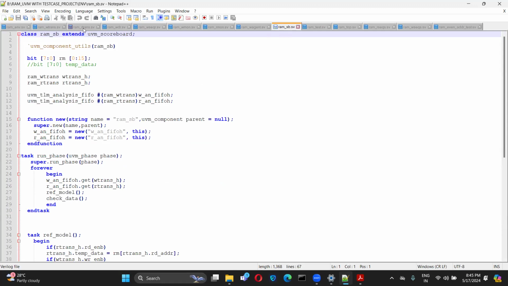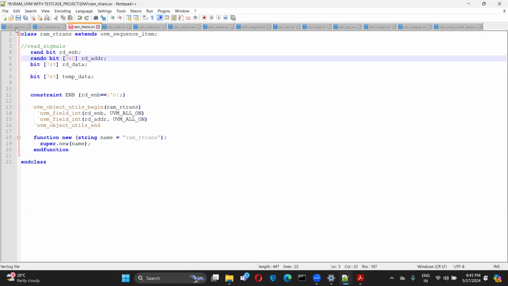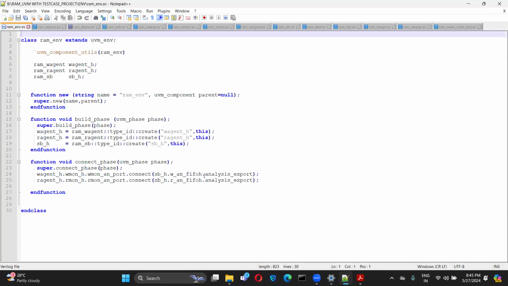Go to the env, right? You have to declare that, and you have to give the analysis export. For analysis port, the implementation would be the analysis export. So they are under the same hierarchy also, and you can just connect from the monitor to the scoreboard. You first go through the different kinds of TLM ports there are, and what the implementation is for that particular port. Should we use underscore IMP? Should we use underscore export? Just go through what it is, and then you will get an understanding.